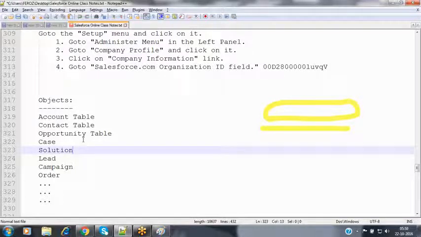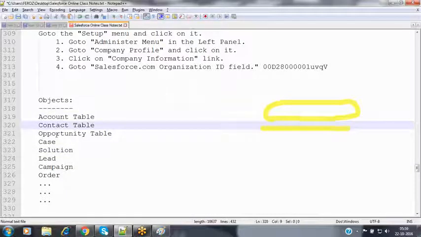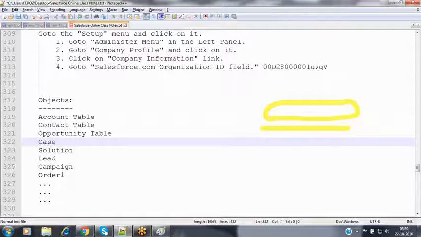They provide user-friendly interfaces, so by using mouse clicks we can send notifications and receive email notifications also. Without having any programming skills, without learning any programming languages, we can operate those applications. In the same way, when coming to Salesforce, we have some tables: account table, contact table, opportunity table, case table, everything.